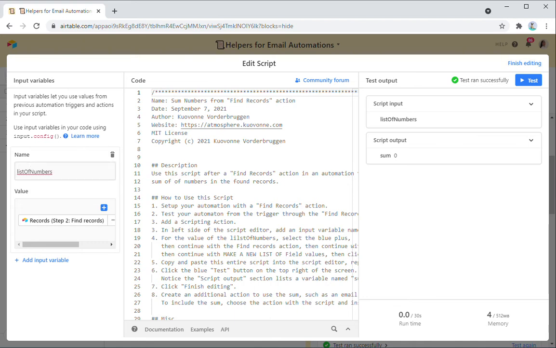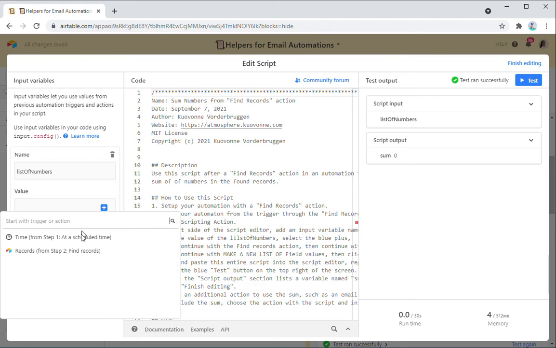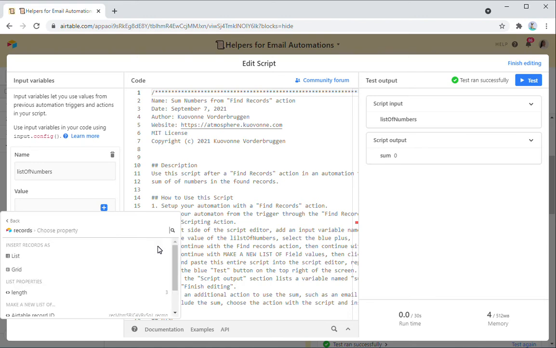and this is simply list of numbers all strung together, and it's a capital O and a capital N. And then for the value, we're going to get this value from the previous find record steps. So let me show you how you do that. You do the plus, and we're going to do the records from step 2 find records, continue, records, continue, and then I'm going to go down here and make a new list of field values, continue,